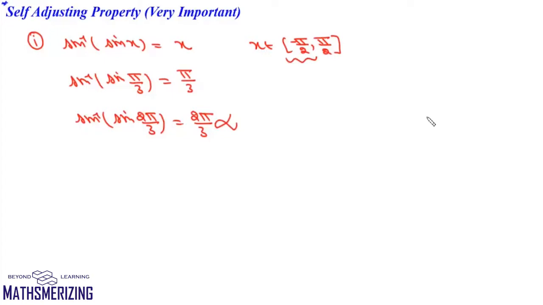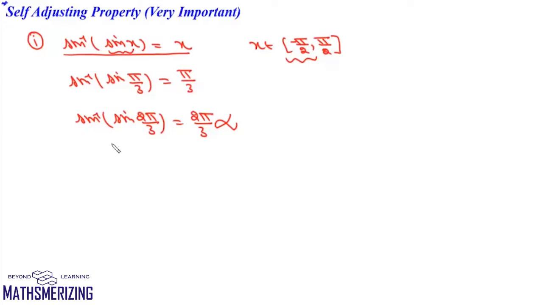So all the different definitions, all the restrictions, they stem from this result, which is sine inverse of sine x, and it is equal to x if and only if x lies in the principal value range. If x doesn't lie in the principal value range, then what is to be done? In that case, we have to transform this sine x so that the value remains the same, but the angle comes within this principal value range.